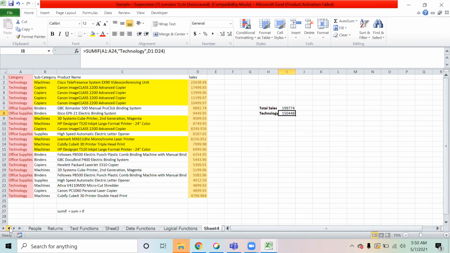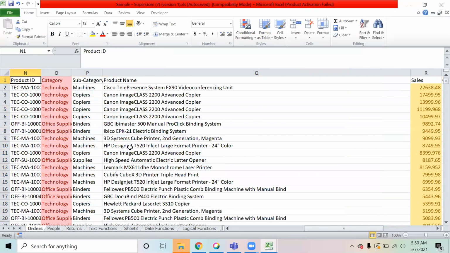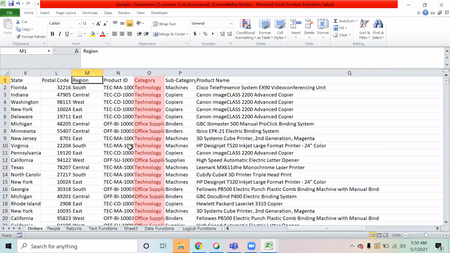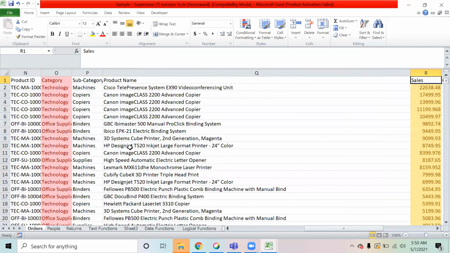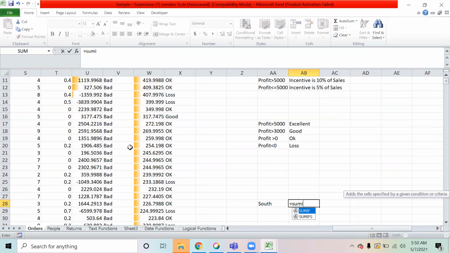If I come back to the orders tab, suppose I want to find the total sales in South region. So I write over here that I want to find the total sale in South region. So what I will do, I will say equal to SUMIF, range. What is the range?